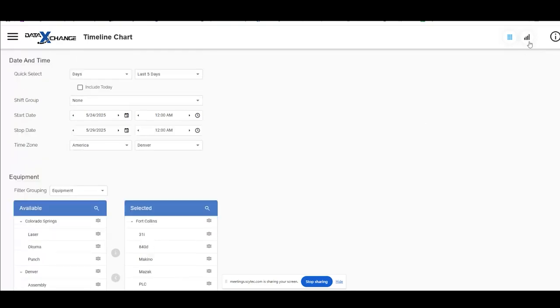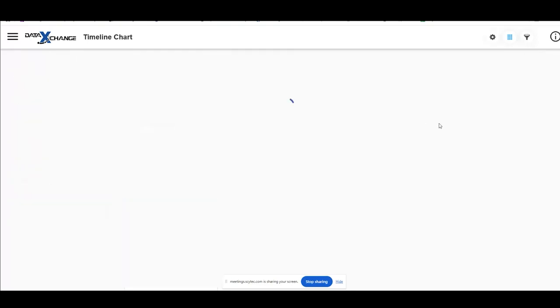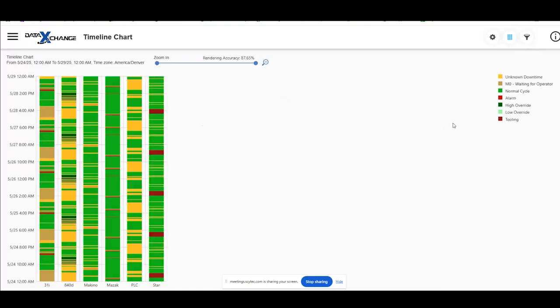for, we can go up here to this bar that says chart once you hover over it. And when we click on it, this will then show us our timeline chart. And it'll show us over here on the left-hand side the given date range that we are looking for. So we are looking for 5 days worth of machine statuses that we can see over here represented by their corresponding color. So this color that you see here, that is an unknown downtime and the amount of time that